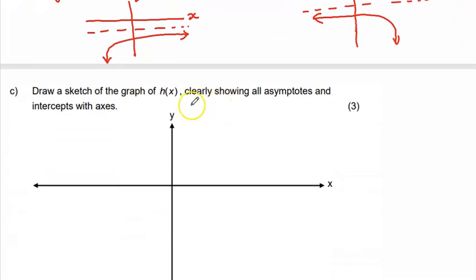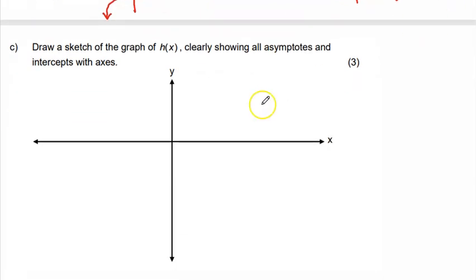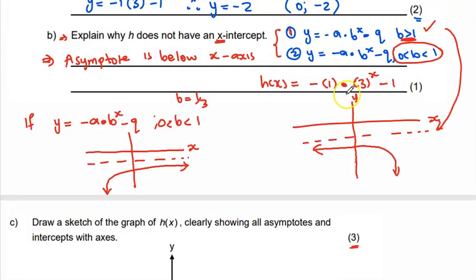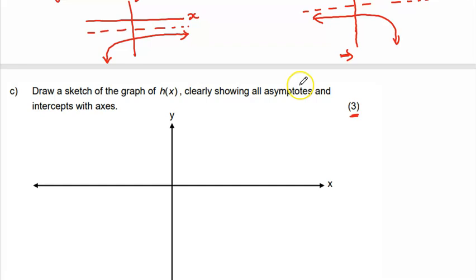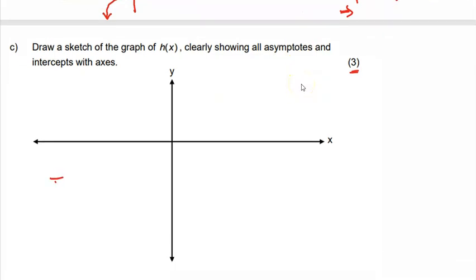Let's try and draw the sketch, because now there's no need for us to answer this question. We already answered the question. Remember, we already know that this graph is in the first method form. It's in that form, and we said the graph will look like that. Let's go put it on the given sketch. If I put it like this,